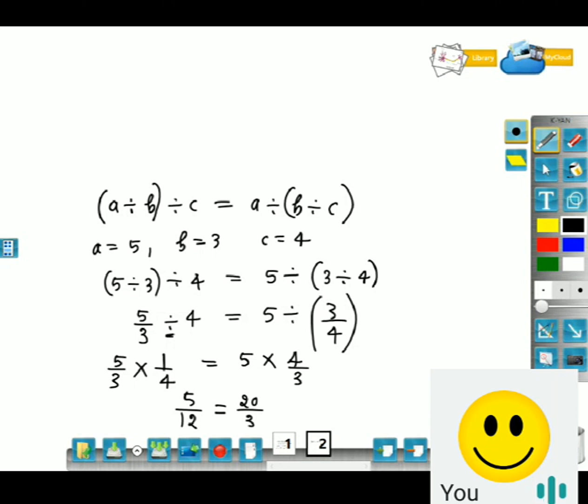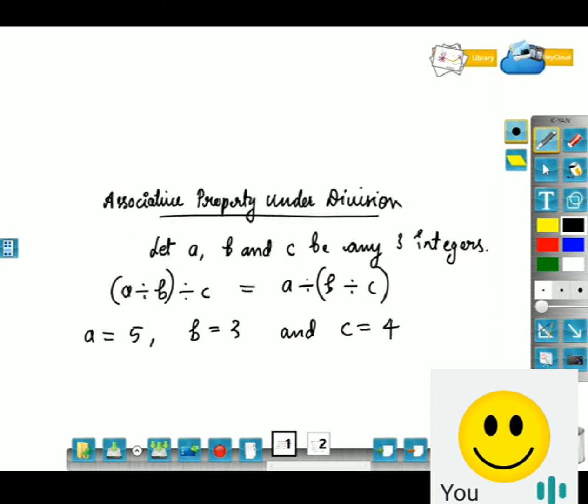My question is, are these values equal? Okay, thank you. So they are not equal. Since your LHS is not equal to RHS, what can we say about this property? What is that property? Associative property under division will not hold good. Okay, so